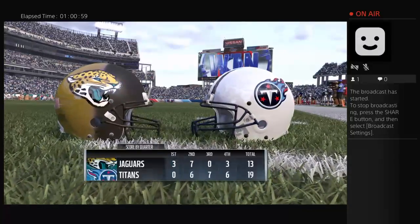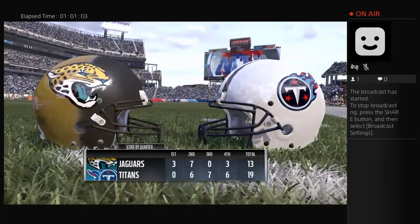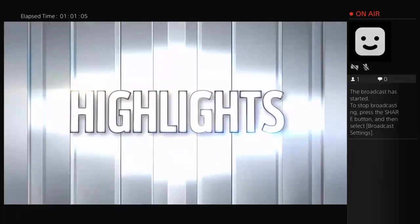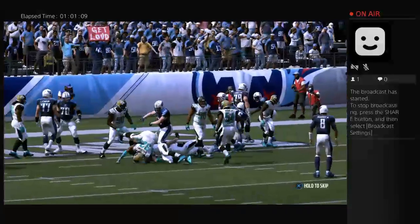So for the Titans, the great run they've been on continues as they move to 9-1 now. And they will hit the road next week for a date with the New Orleans Saints. Meanwhile, for Jacksonville,